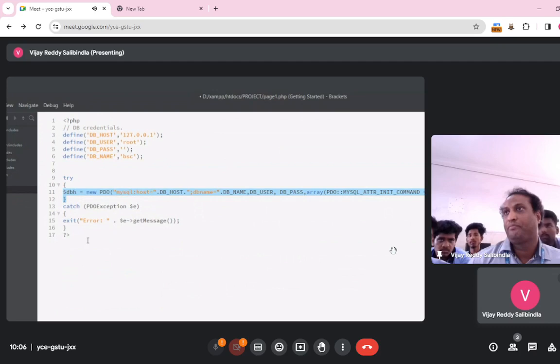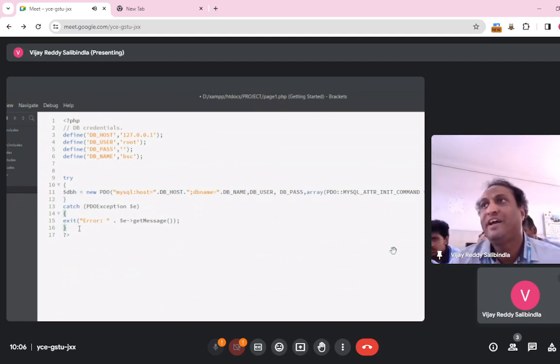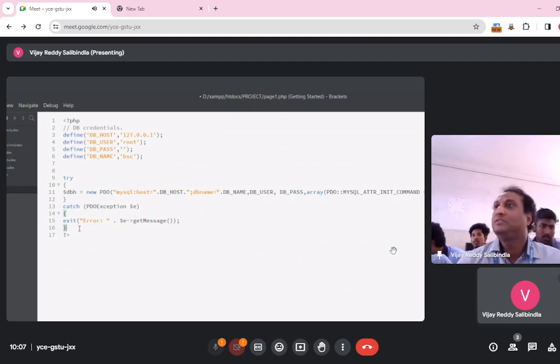I did not get you now. No? Try catch. Suppose there is an error in the database, the database might exist, might not exist, anything it can be. It must not lead to termination of the program. Yes, DBH is a variable name where the entire connection string is stored. So whenever I want to open or read,